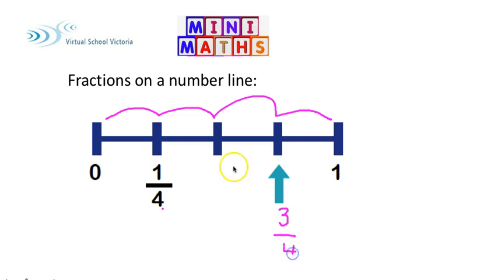Now, there are 2 ways of looking at this fraction here. It can be 2 quarters. So we have 0, 1 quarter, 2 quarters, 3 quarters, 1. But if you really look at this fraction too, it can also be a half. And that's another tricky thing about fractions. You can have the same fraction appearing with a different numerator and a different